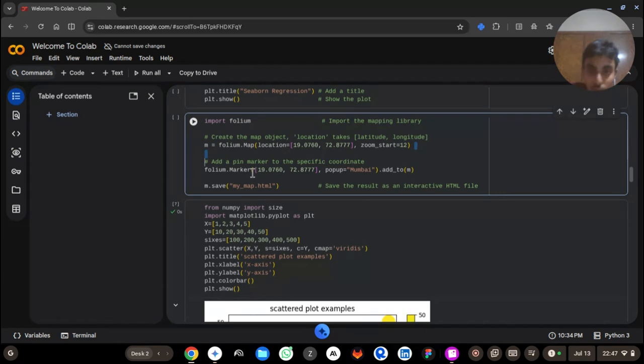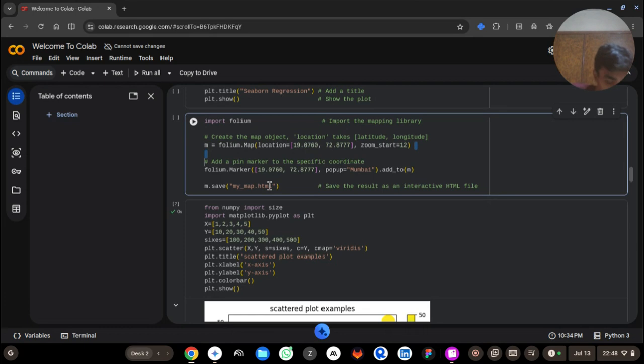So here we need to assign a marker to make sure the map is pointed at the particular place and state, and where it would pop up is Mumbai. Okay, and then we would save this in a folder. Here you would get that mymap.html. Okay, so these are the things